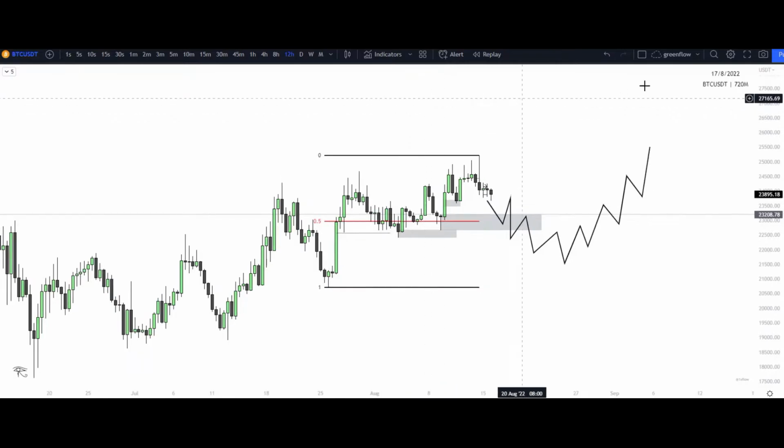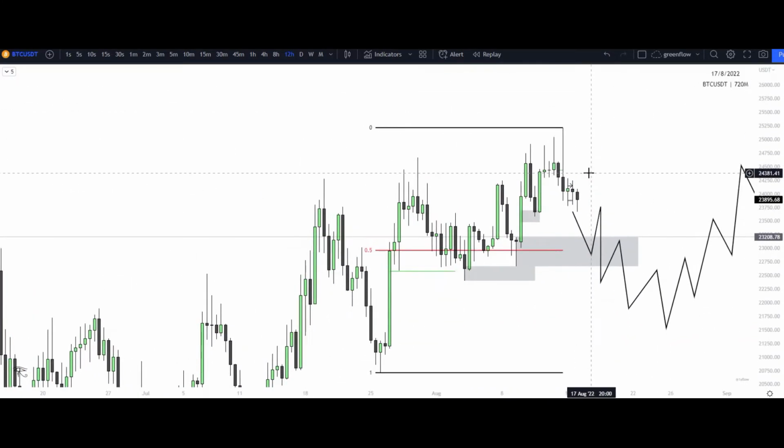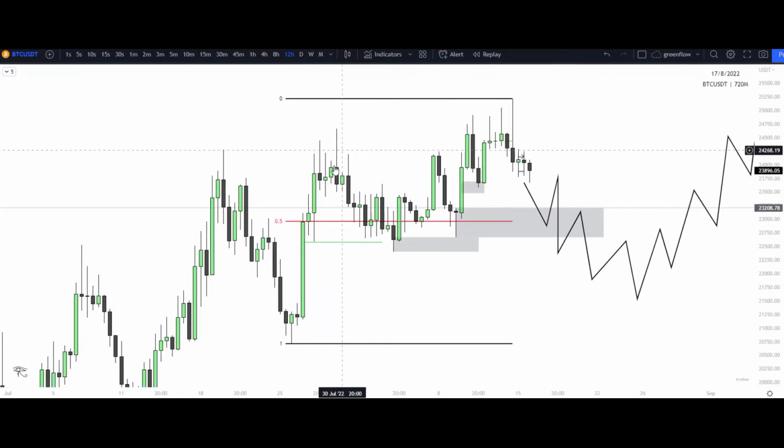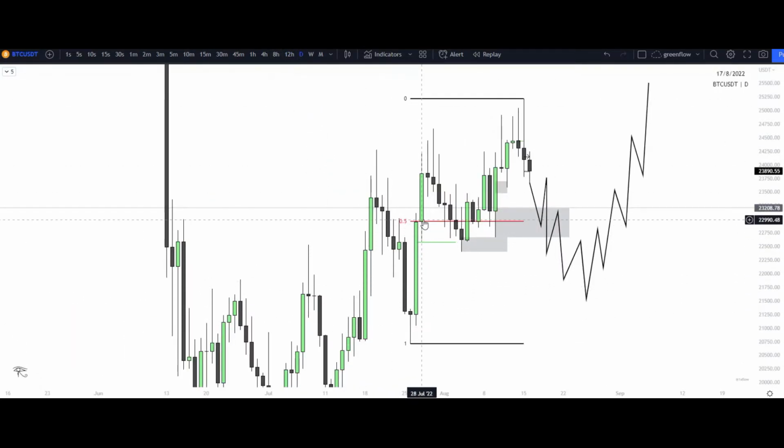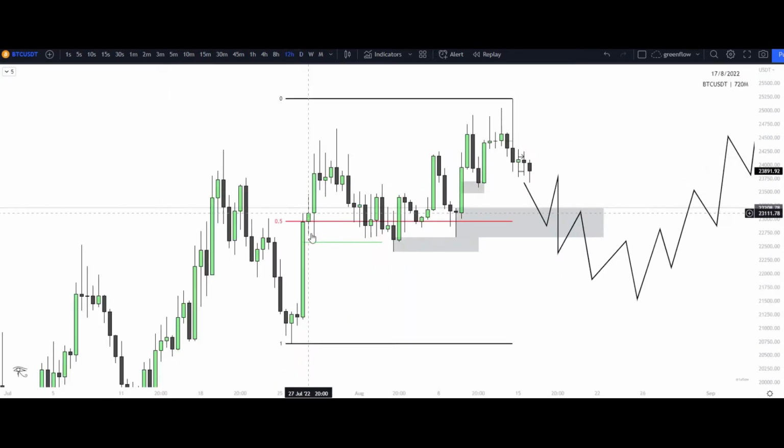Now let's go down to the 12-hour. Right, we can see that large move to the upside again, that area that is unfilled within here, and then that large candle that broke structure to the upside on multiple time frames. We saw the 12-hour, or sorry, the daily, right? Break structure to the upside. We saw the 12-hour, that same exact candle. So this area holds a lot of demand as far as taking trades to the upside, right?